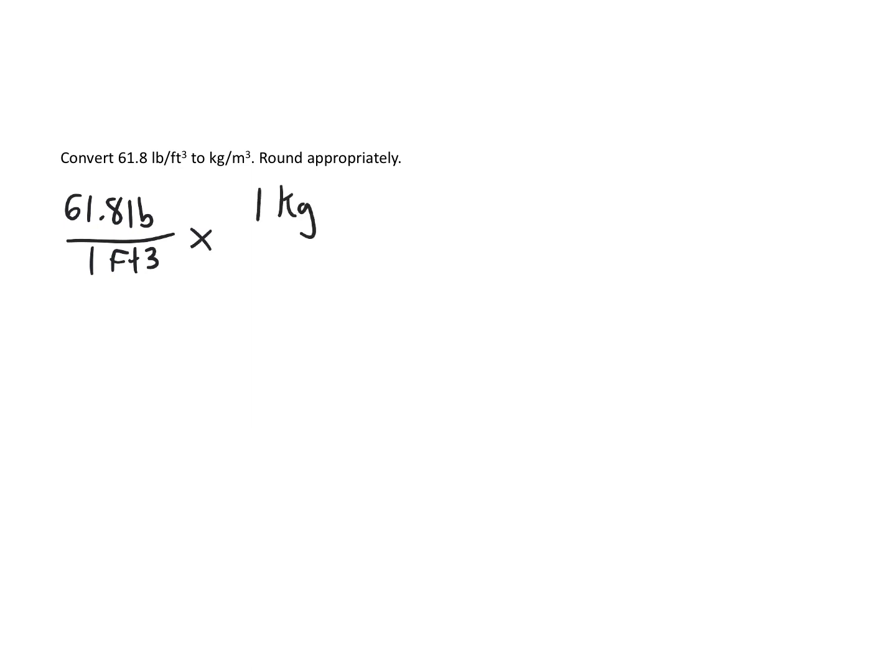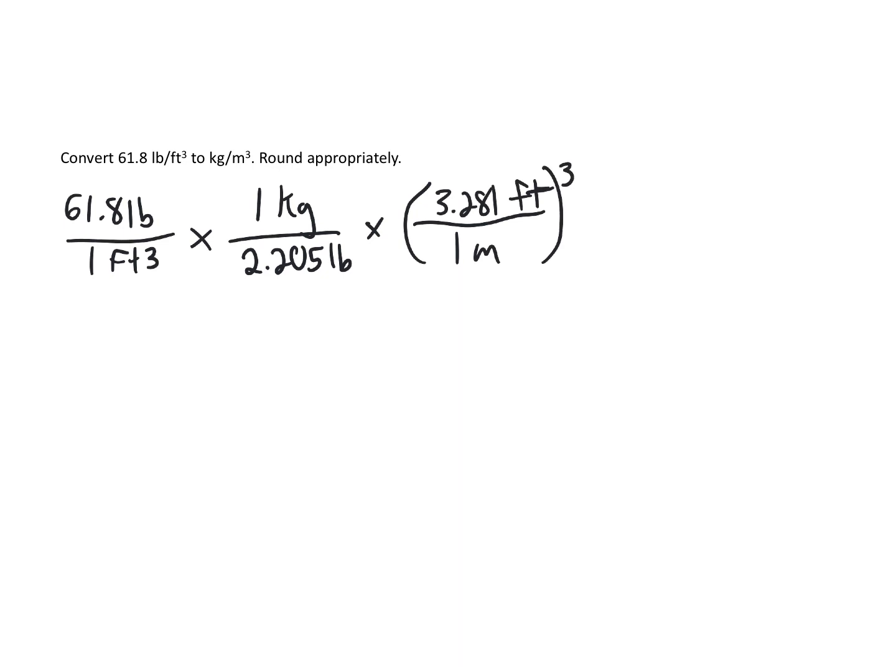1 kilogram is 2.205 pounds. Then we can convert the feet to meters. There are 3.281 feet to 1 meter. We cube this. This is approximately 989.92